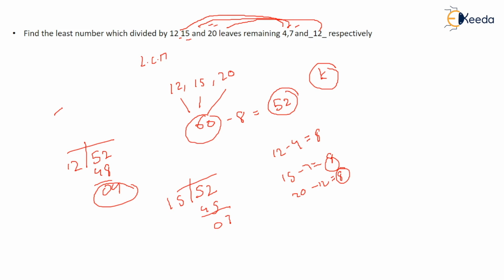So this is the universal formula that you can use. What we did, we found the LCM, and after getting the LCM we separated the remainders and found k, that is the constant. So we have to separate that constant, and the number that comes is our least number, which when divided by these numbers will give these remainders. So maths becomes very simple when you understand the concept and when you know the tricks. Okay, so this is one kind.